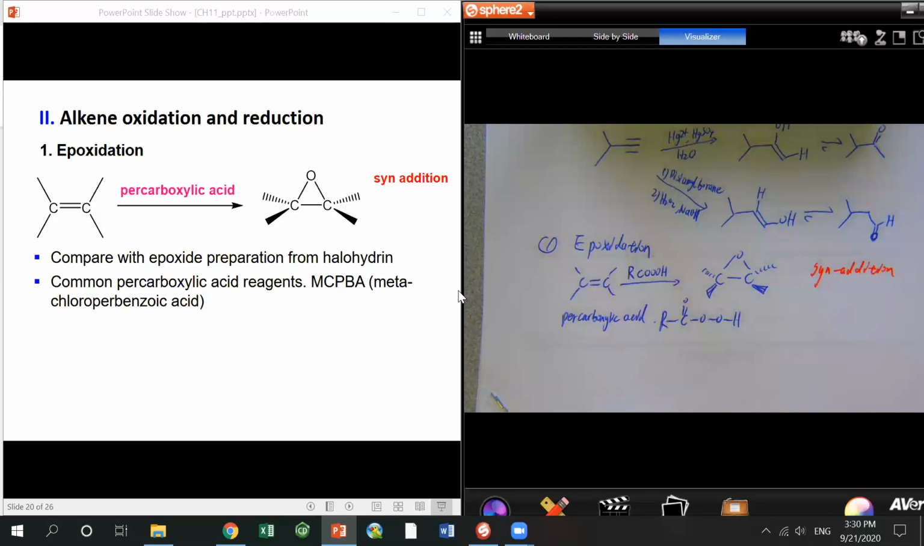And the second thing: that's probably the easiest way for us to prepare an epoxide from an alkene. Previously we learned another way, halohydrin formation followed by an SN2 reaction. So that needs two steps. Remember,